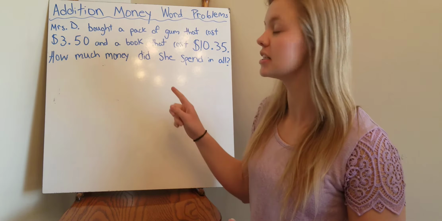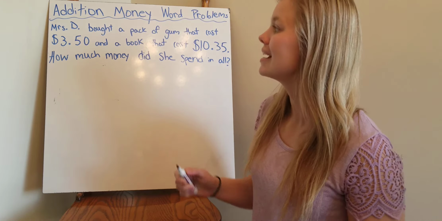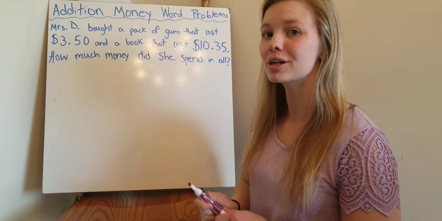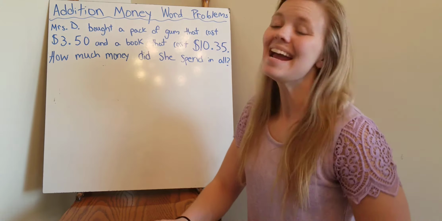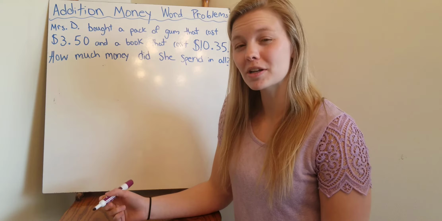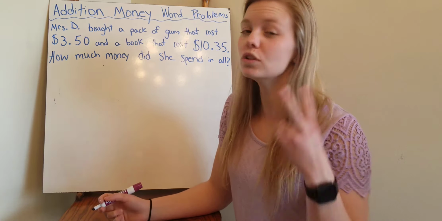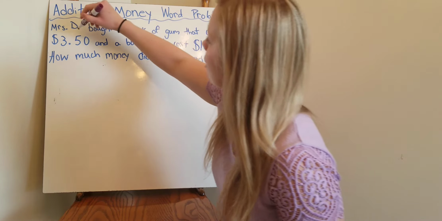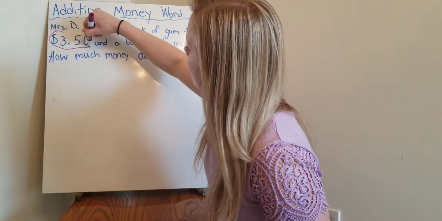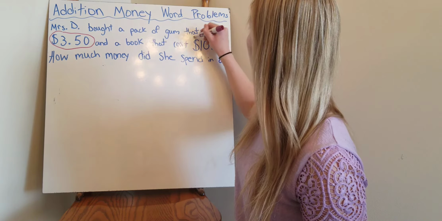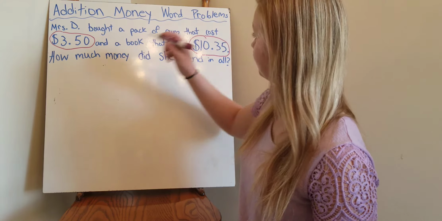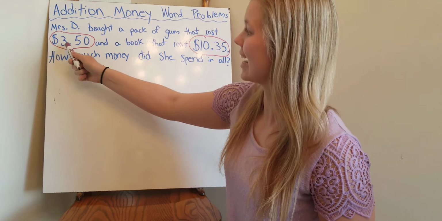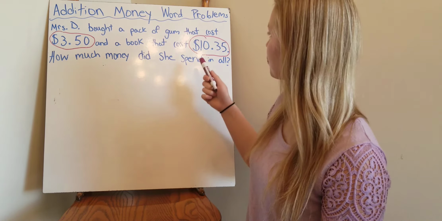Okay, so I did the first step there. I had to read through the whole problem. Now I have to figure out what numbers it wants me to use, okay? And this word problem and all the ones you're going to do today on Seesaw, there's only 2 numbers. So we already know that we're going to use those 2 numbers and we're going to add them together. I'm just going to circle them so I can see them. So I have $3.50 and